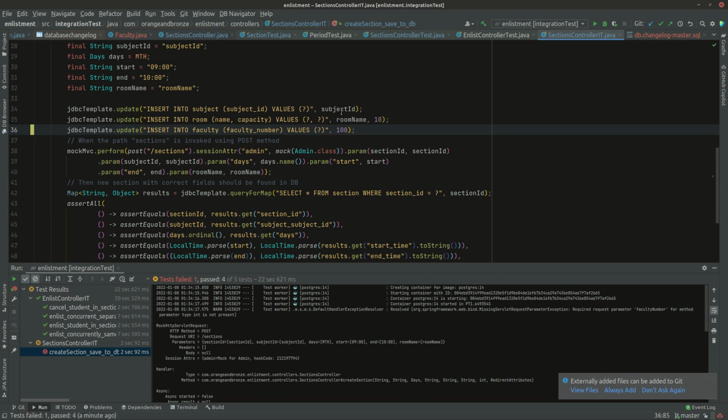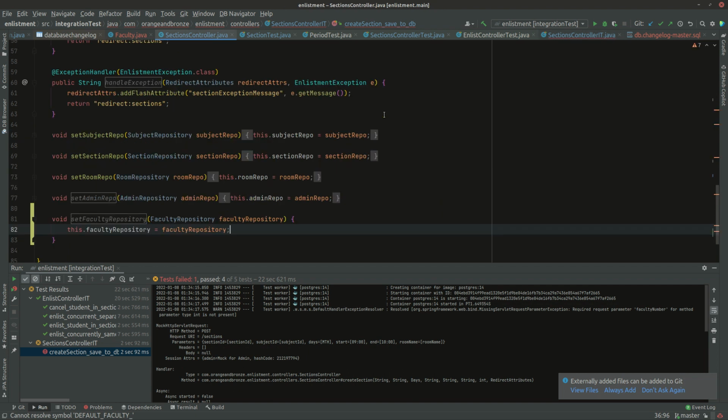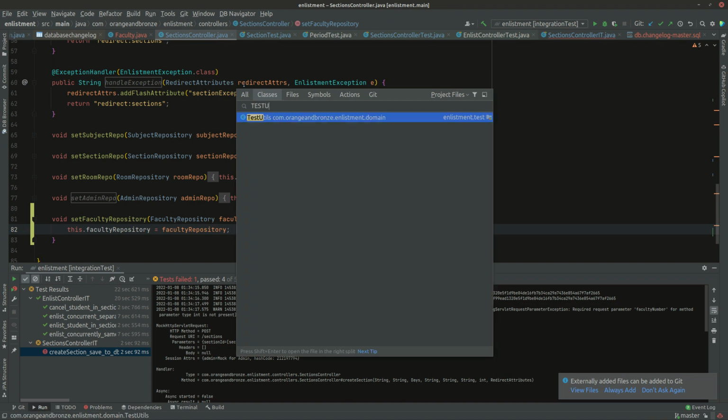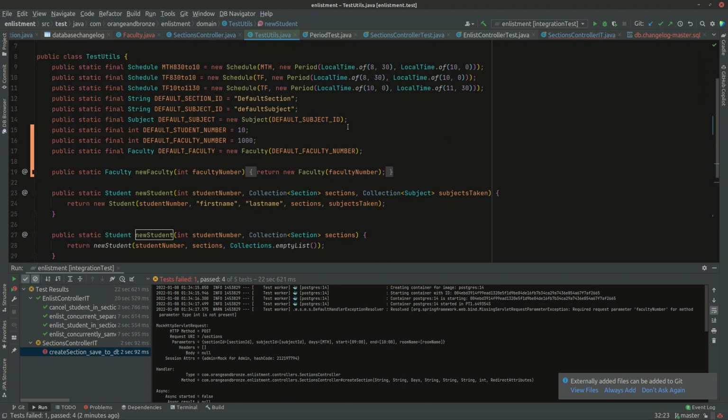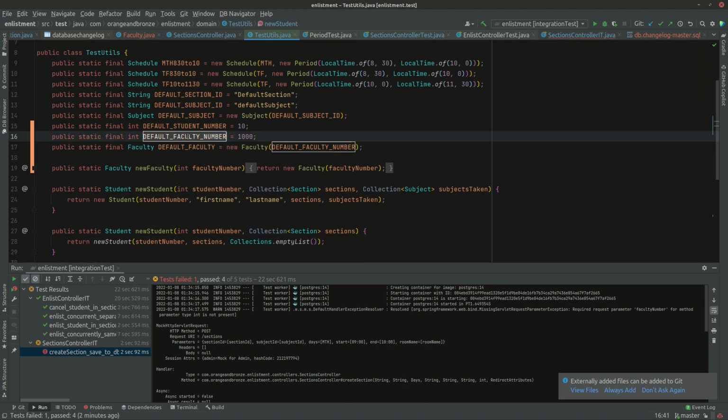No, let's just use the defaults we defined in the test utils. Default faculty number. Since we defined a default faculty number in test details, right? So let's go back to